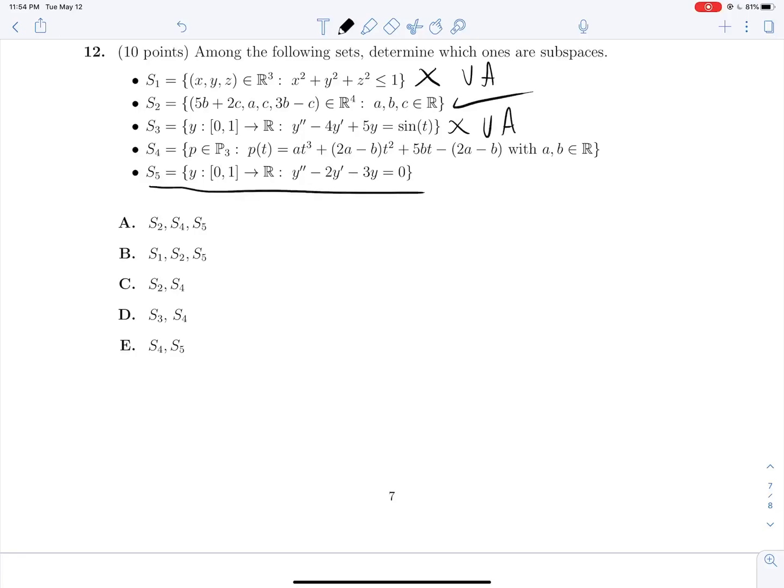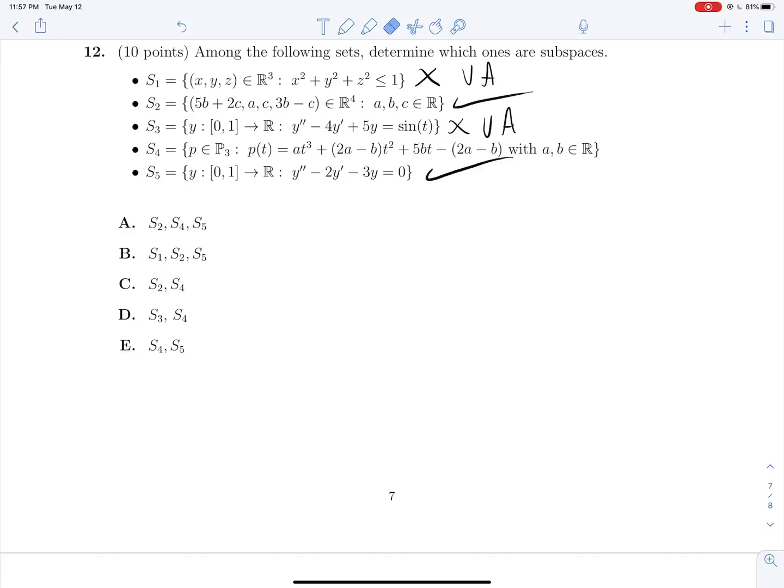Likewise, for the same reason, this equation right here is perfectly fine. We don't even have to solve it because no matter what this characteristic equation solves as, it will end up with constants in front of all of its terms, which means that it will obey the laws that we want it to obey. It will be closed under vector addition because those constants can adjust for whatever adding or subtracting we're doing, and those constants can go all the way to infinity and negative infinity so that it's closed under scalar